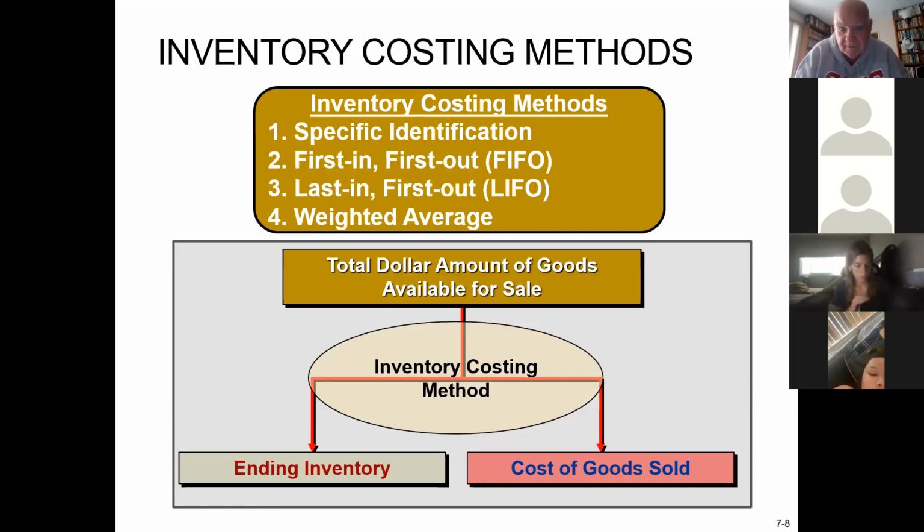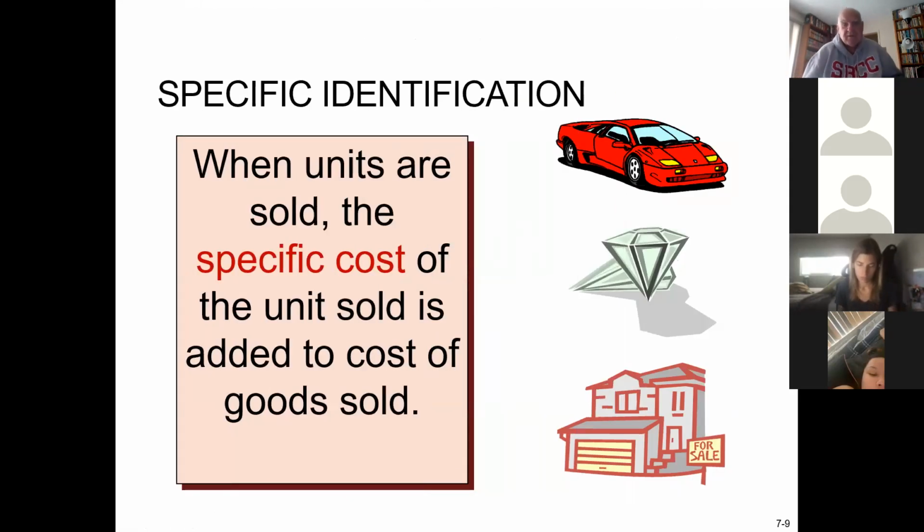That's our history. The cost of goods available will be the same regardless of your method. It's what you had at the beginning of the year and what you added to it. So at the end of the month, as we were just saying, these goods can only be in 2 places. We either sold them or we still have them and they're in the ending inventory. There are different methods of costing the inventory. We're going to go over all 4 in a little bit of detail. And let's understand them, and let's understand the impact of one over the other.